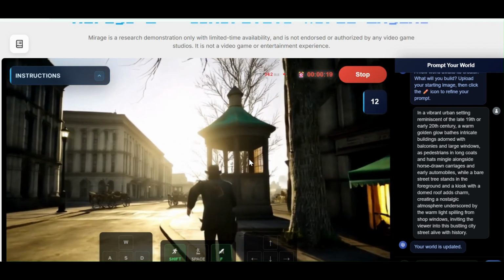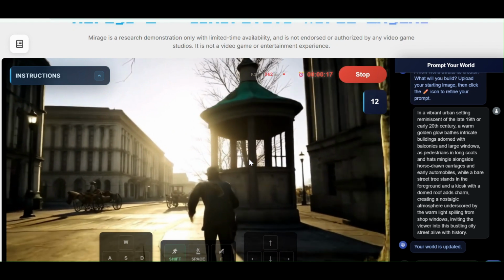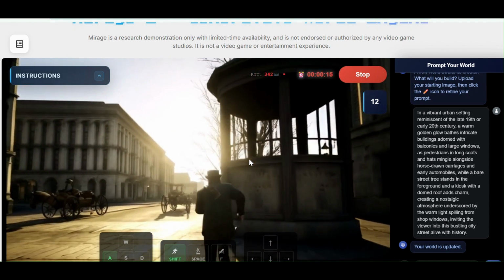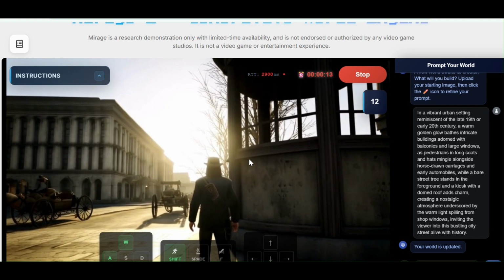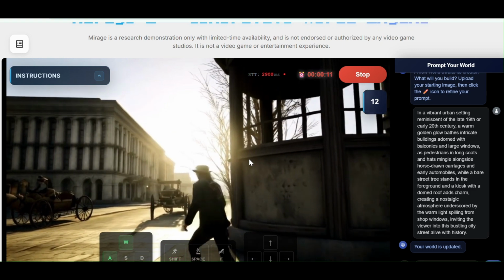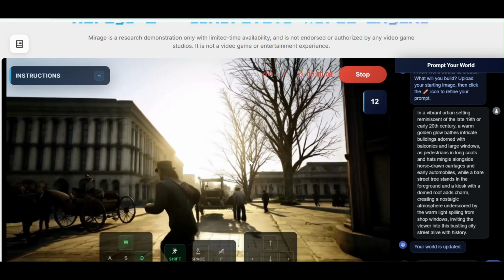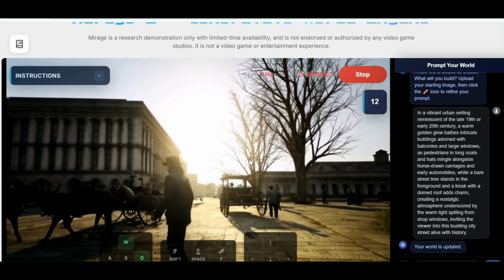So overall, I think the concept could be called wild because turning any image into a 3D world is game-changing. But right now, it's nothing more than a broken glimpse into a future, and we might see something actually playable with working commands by the end of this year. We have image to game model.